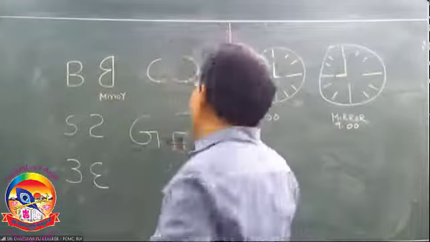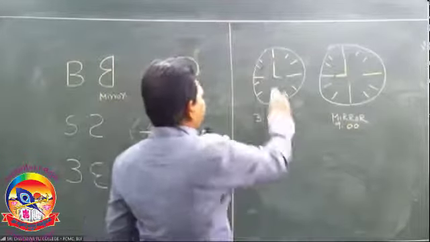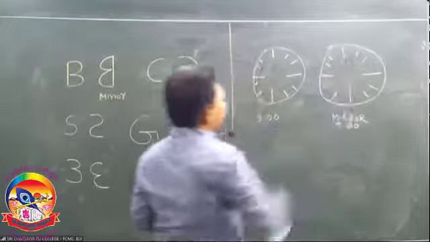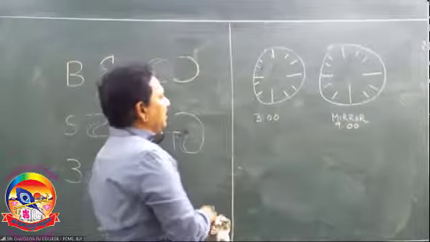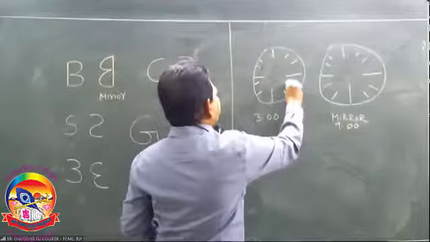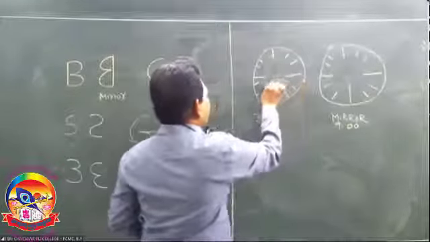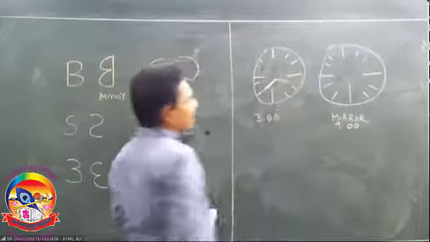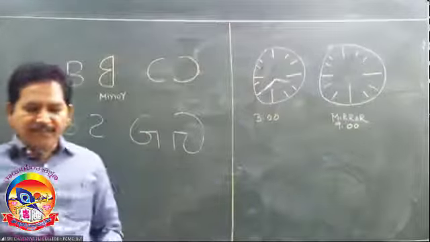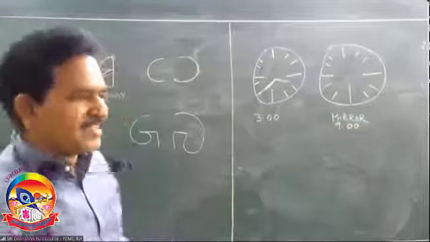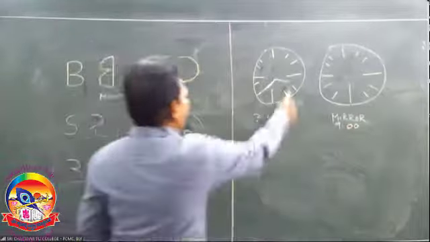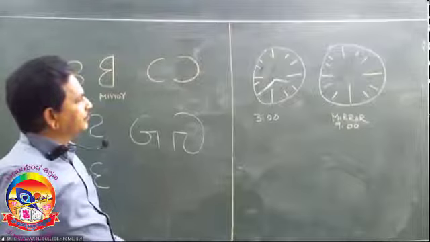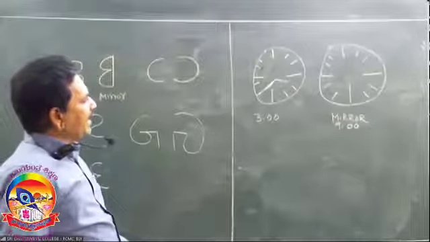One more example, same clock problem. The time is 3:40. 3:40 means where will be the hours hand? Where will be the minutes hand? The hours hand will be in between 3 and 4. And the minutes hand